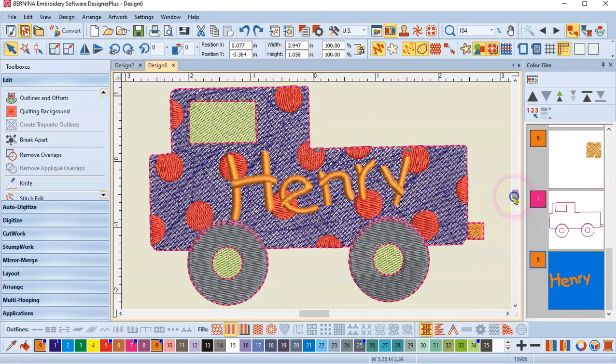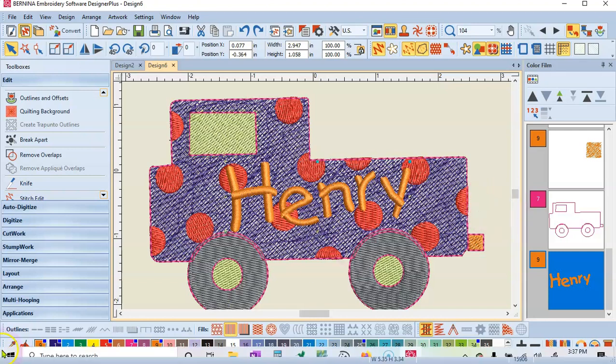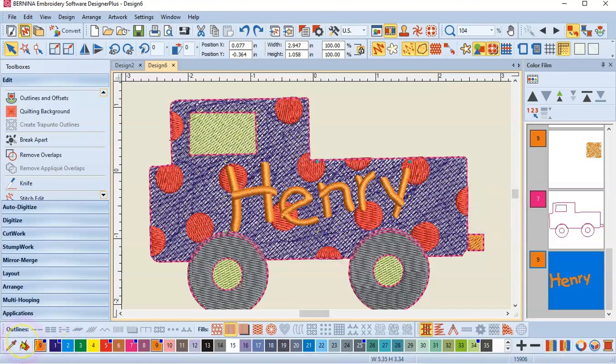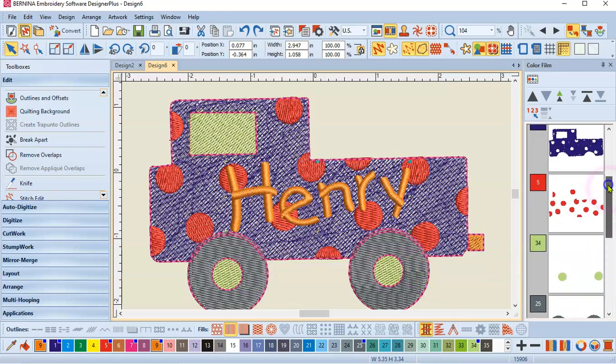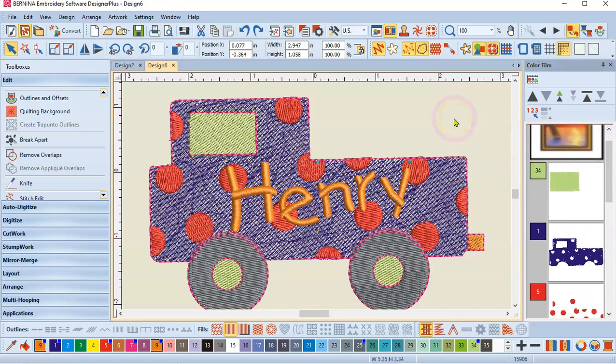And so this is my little truck. There's a lot more we can do, but this video is already long enough, but I hope you enjoy that. So we've got a really cute little truck that's going to match his fabric, and this is Shelly with Sew